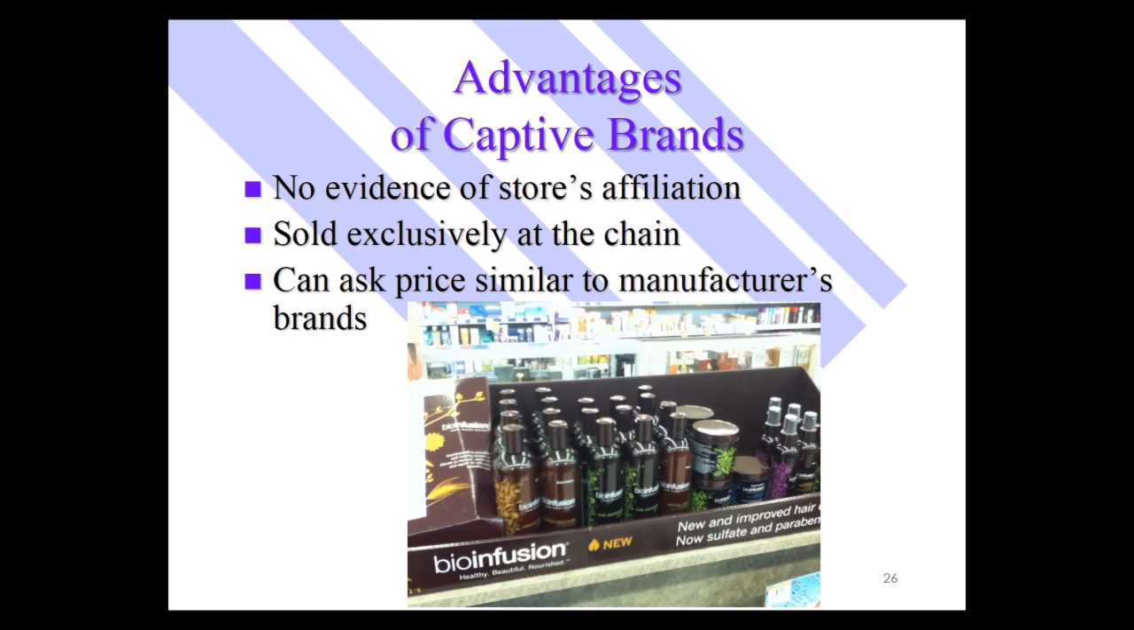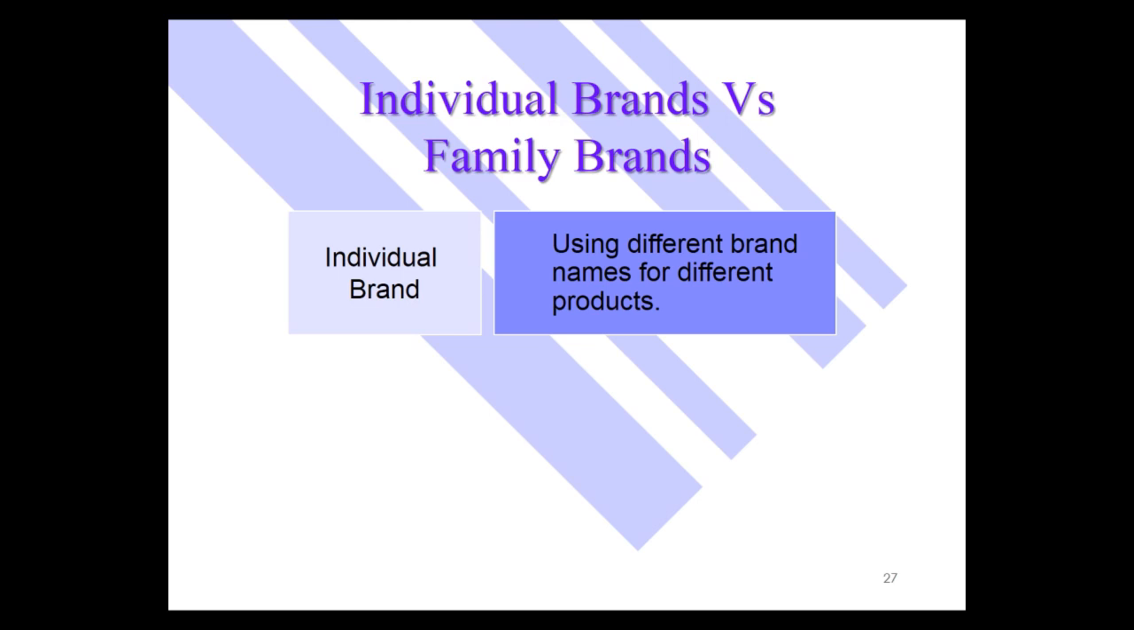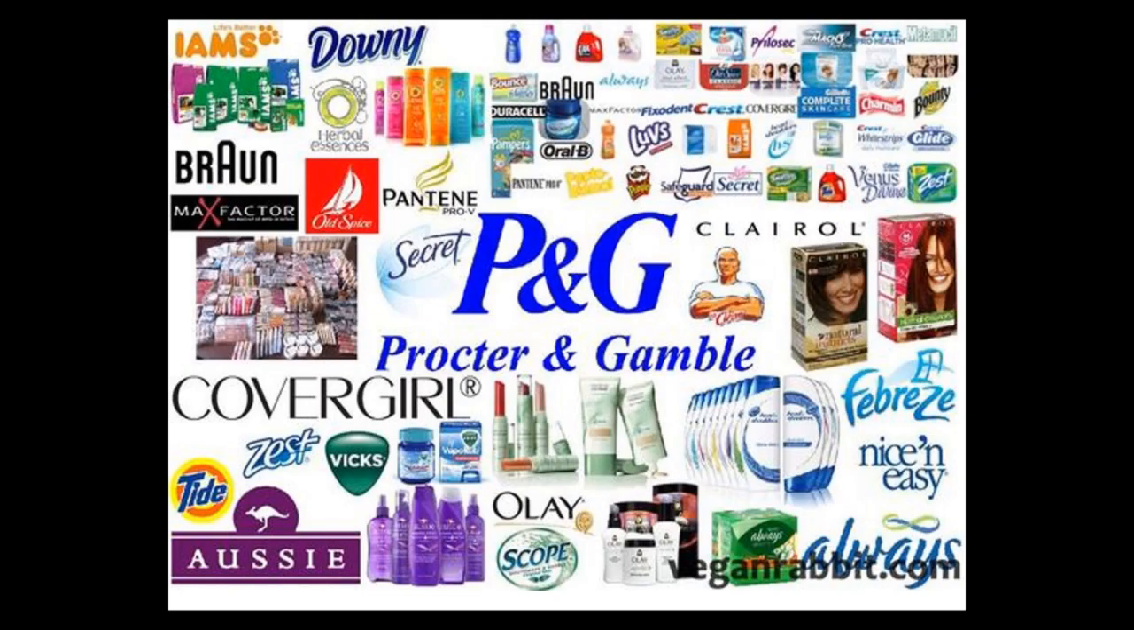one. Let's talk about individual brands versus family brands. Now, with an individual branding strategy, you use different brand names for different products. This has long been Procter & Gamble's strategy. All of these are different brands that Procter & Gamble has. In fact, you never walk in and see Procter & Gamble real big on a product. You got to turn the product around and look at the small print in the back to see that it's